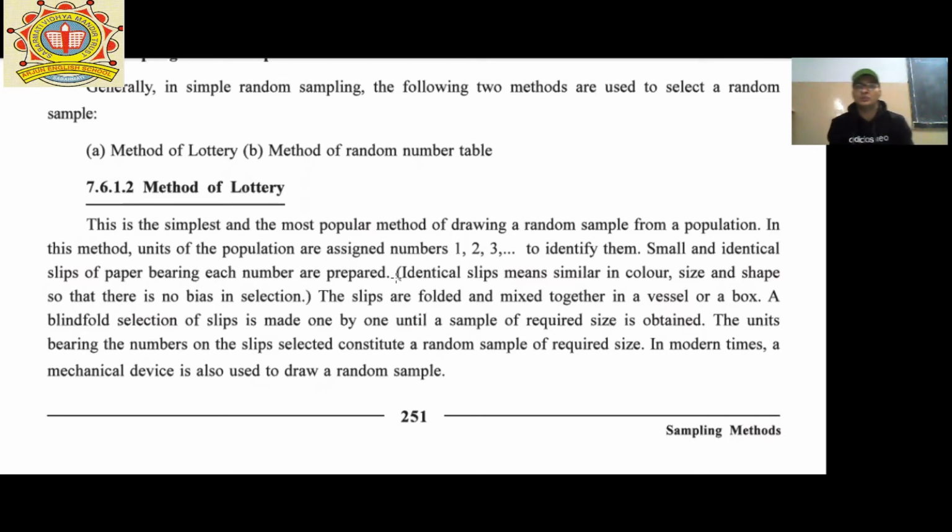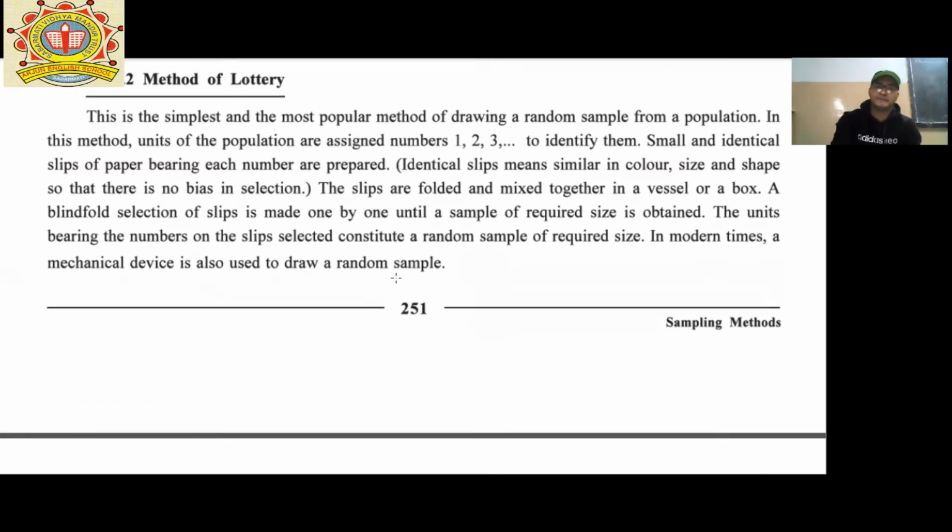In the lottery method, you know that there is some box and I am selecting any one chit or any one page, and such person or such unit that is selected, we can say that he won this lottery. Here there is no mathematical calculation. Any literate or illiterate person, or any person who is a representative, can select these chits. So it is called the method of lottery.